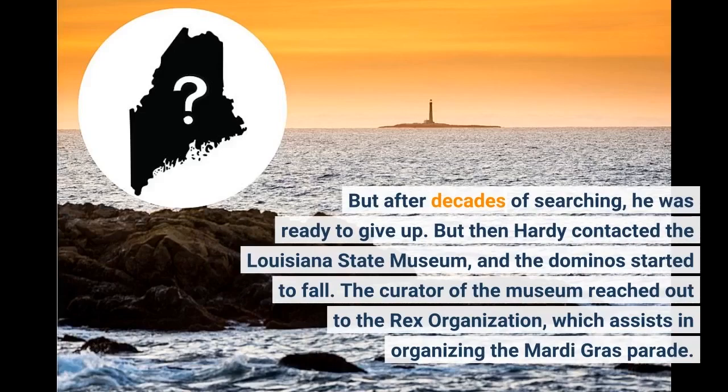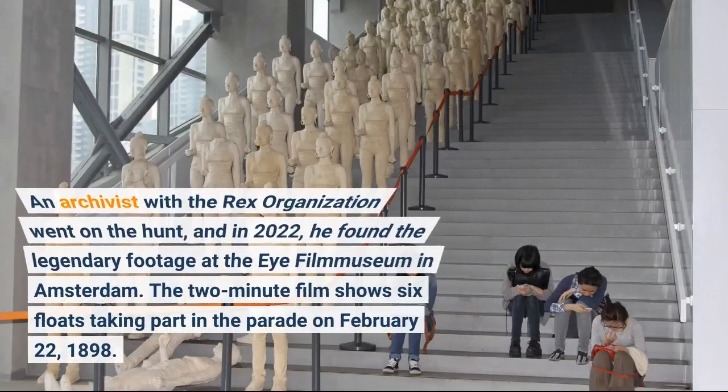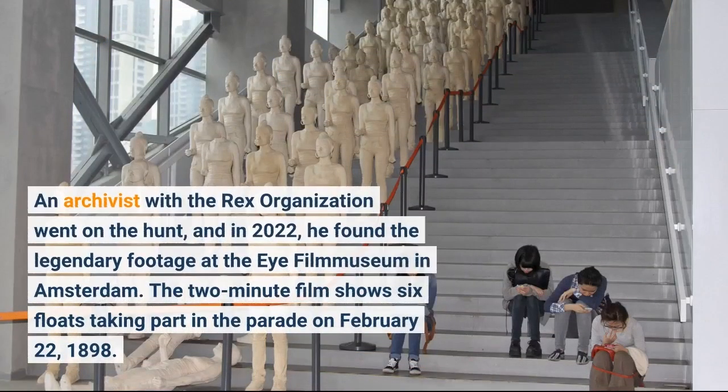But after decades of searching, he was ready to give up. But then Hardy contacted the Louisiana State Museum, and the dominoes started to fall. The curator of the museum reached out to the Rex organization, which assists in organizing the Mardi Gras parade. An archivist with the Rex organization went on the hunt, and in 2022, he found the legendary footage at the